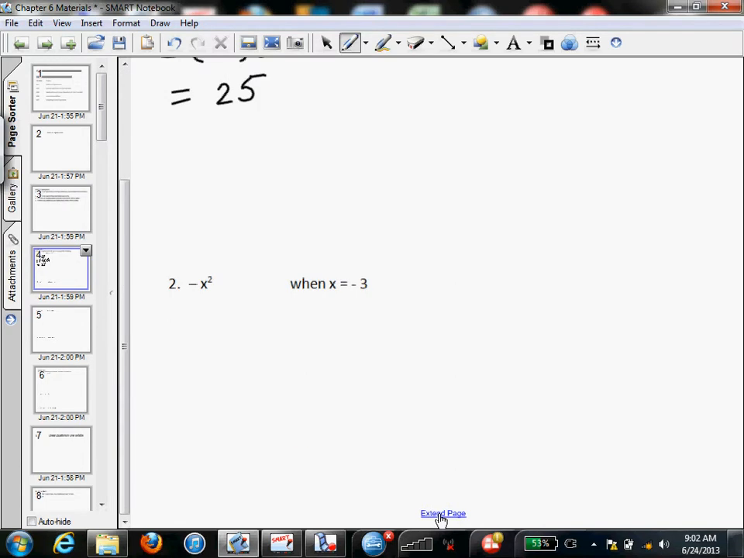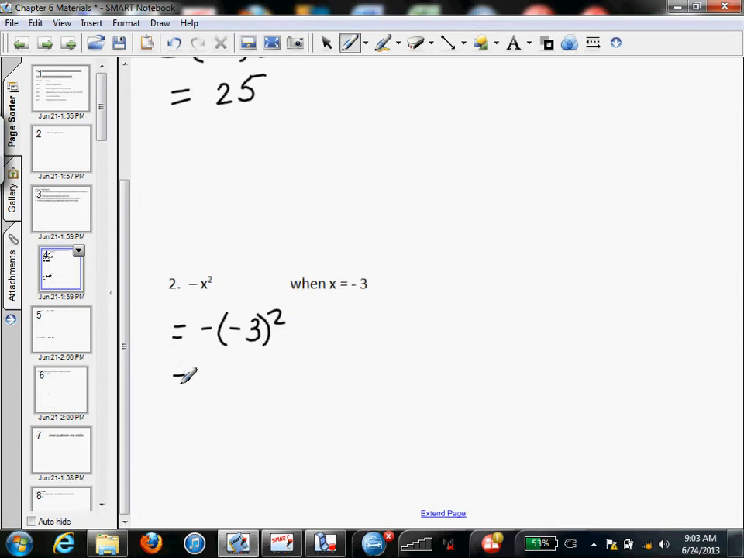Alrighty, and for something like example 2, or problem set 1, it says negative x squared when x is -3. So what's going to happen with something like this, since the negative is outside of the expression being squared, and also the x variable has a negative value, what we want to do is write our negative, open parentheses like we did before, write what the variable is equal to, the -3,